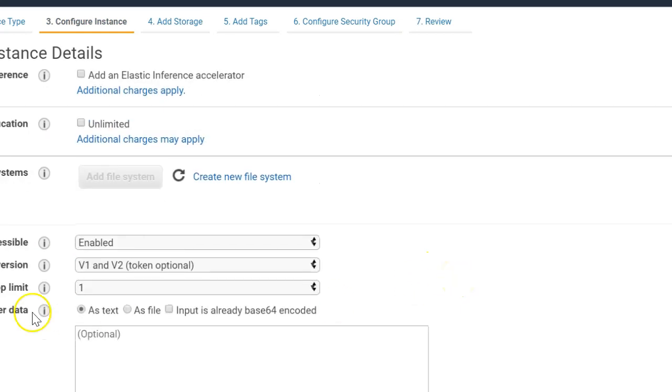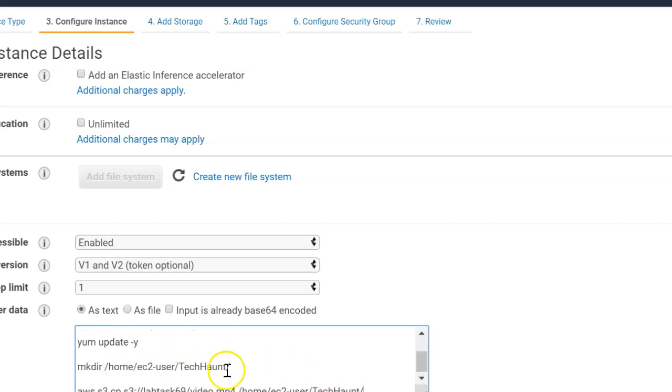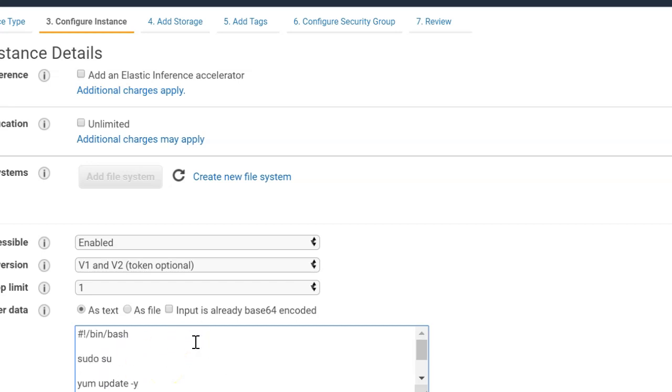You need to go to the advanced details here. In the advanced details, you have to put a bootstrap script. I will provide you this script in the description of the video. Once you enter it into your user data as text, you need to enter this bootstrap script.